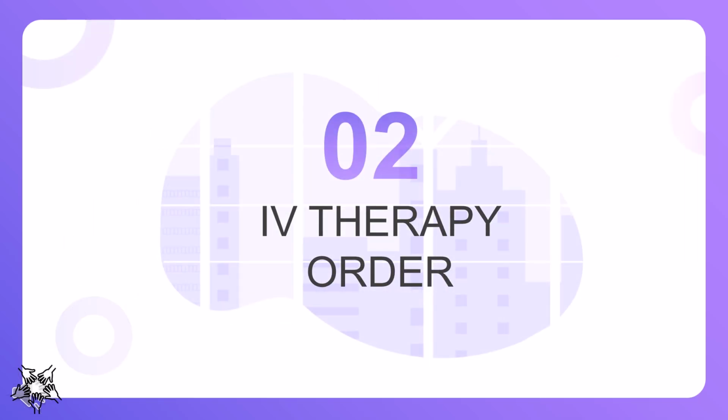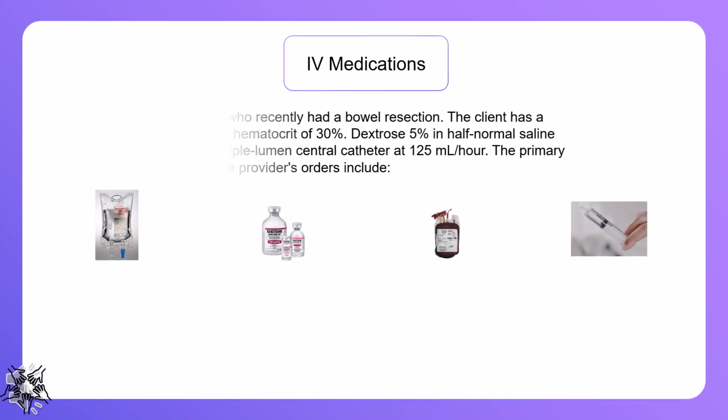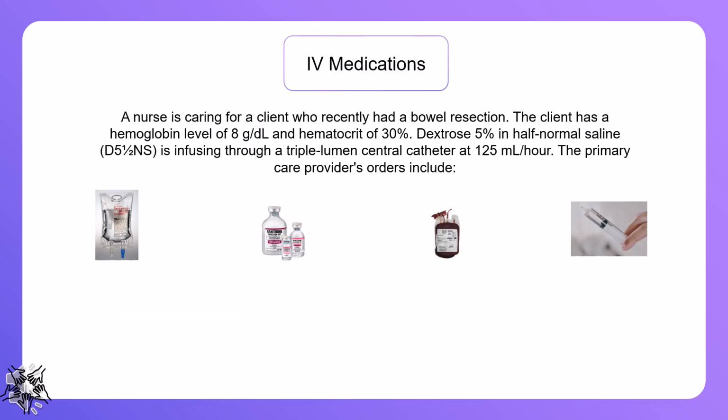Second scenario. A nurse is caring for a client who recently had a bowel resection. The client has a hemoglobin level of 8 grams per deciliter and hematocrit of 30%. Dextrose 5% in half normal saline, D5 1/2 NS, is infusing through a triple lumen central catheter at 125 milliliters per hour. The primary care provider's orders include: